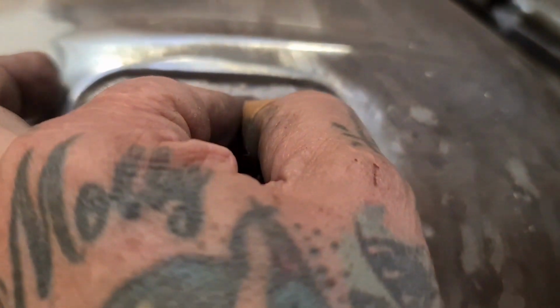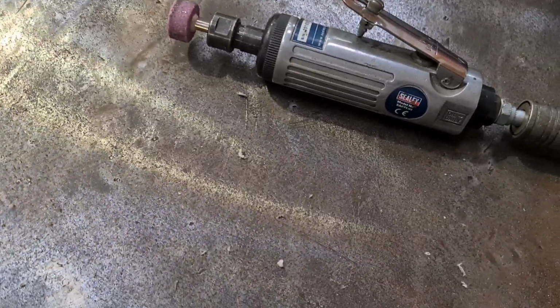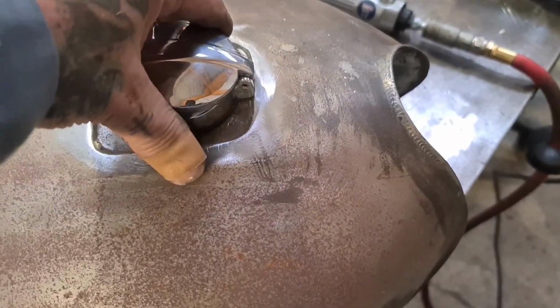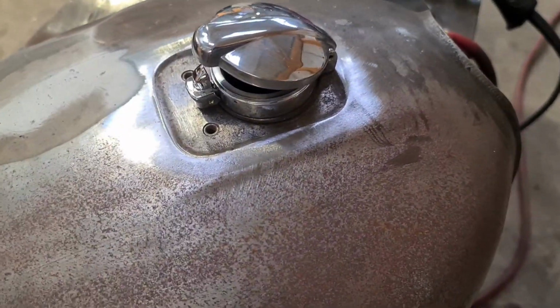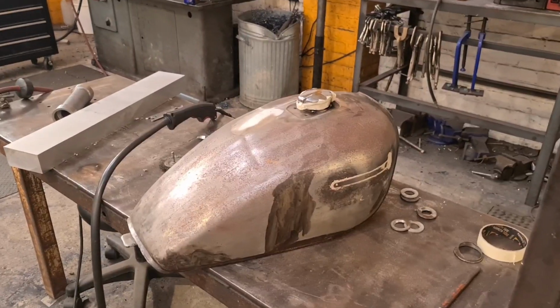Look, it's got old sealer and all sorts going on in there. So we can get in with that, give it a good clean up, and then we can look at fixing that in place. It needs to go a little bit higher than that. I'm not making a very good job of showing you, but I'll show you when I've got it cleaned up and tacked in. So we've cleaned that up,